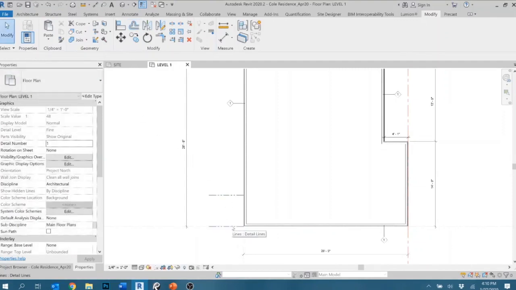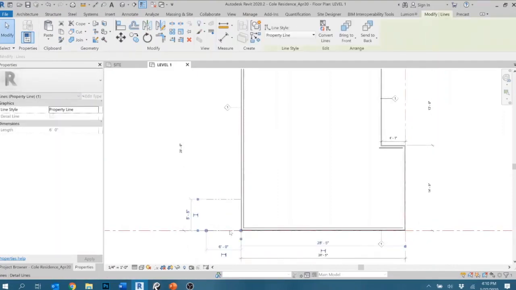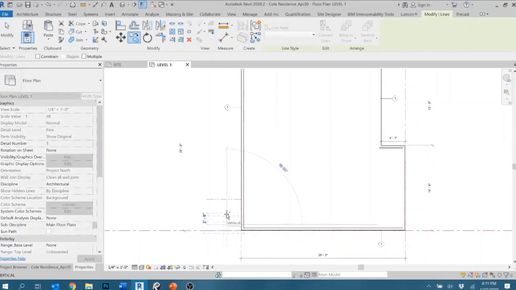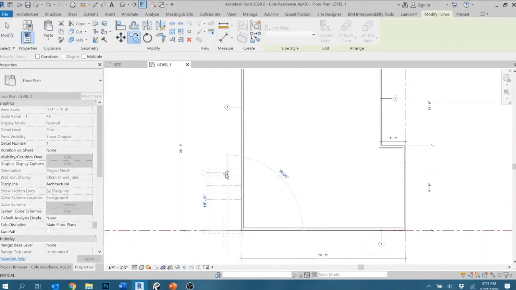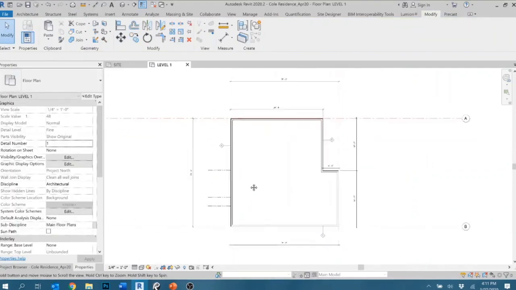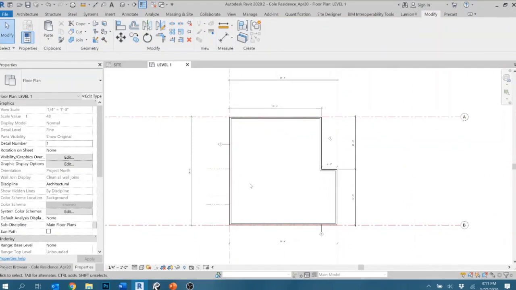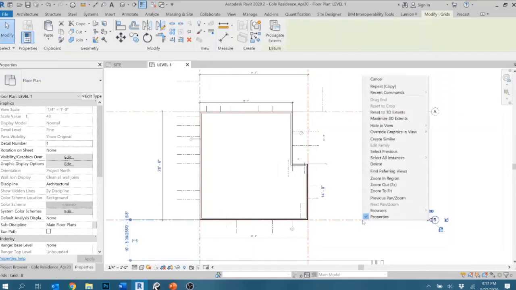I can continue doing that offsetting, or I can use copy, touch the line, CO. My next dimension is 7'9". Always from my base point, because I strung the dimension once and measured from there. So continue doing that around the entire perimeter of your home. Once you've offset all of the detail lines, I'm going to hide the grids by right-clicking, hide in view